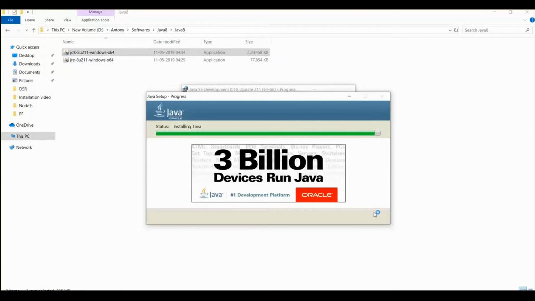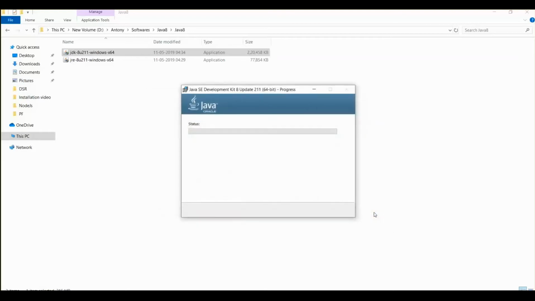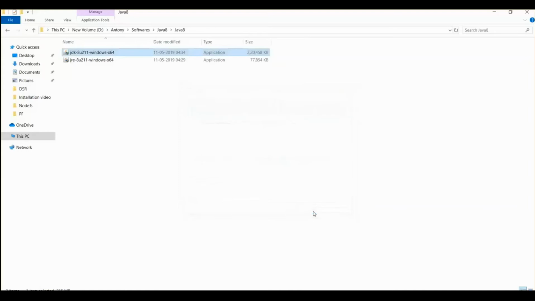It's going to complete now. So it says that it is successfully installed. So we can click on the close button. Then we need to install JRE, that is Java Runtime Environment.